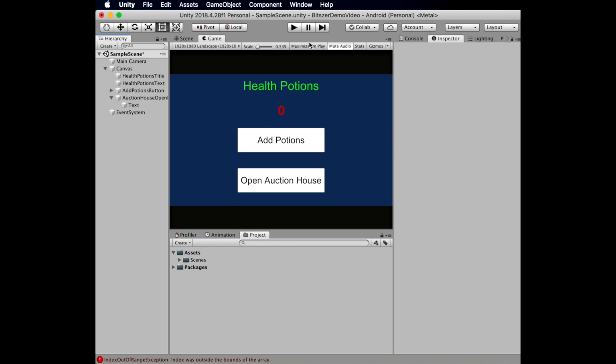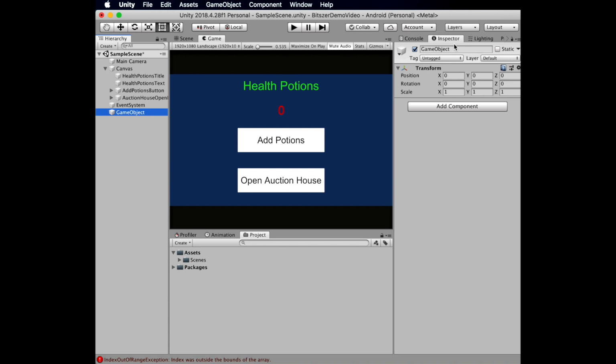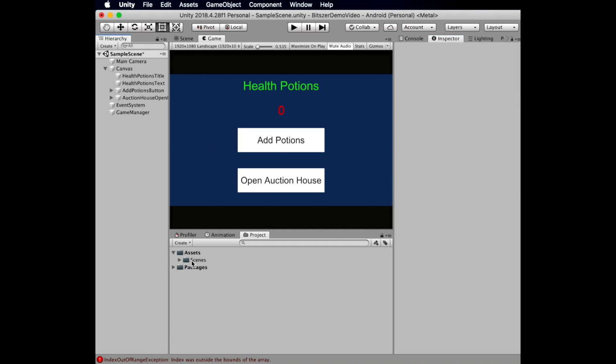Okay, so now we got this simple layout here. We have just a couple text, health potions with the number 0. Then we're going to add some potions to that, and then we're going to open our auction house. And the reason is every game, you somehow create or collect these resources, and the health potions are going to be our resources. All right, so now let's just create an empty object, and we're going to call this our game manager. Okay. So our game manager, and